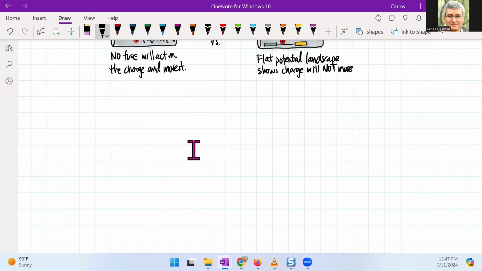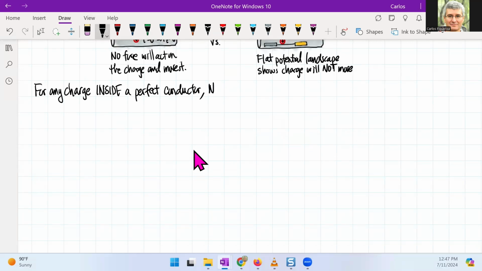Once again, for any charge inside a perfect conductor, no motion will ever occur,